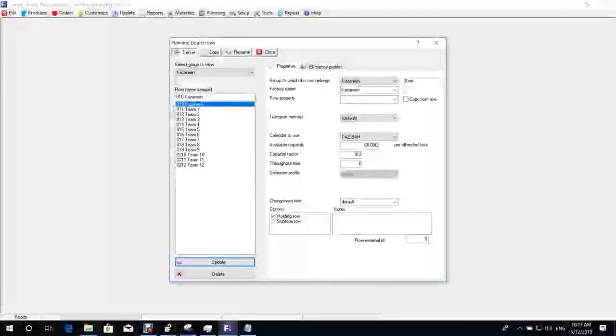All it is on the planning board is to make things easier. For example, you want to load all your orders on the planning board and have somewhere to just put them for now, and then you gradually plan them as and when you're ready. It's just a placeholder to make things slightly easier. We also have one of those. But then when you go to each one of your teams, if you select one, for example Team 1,